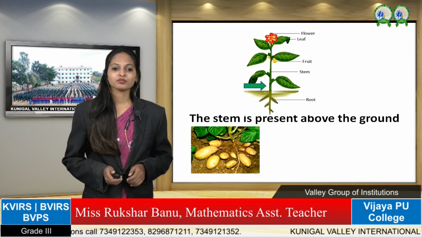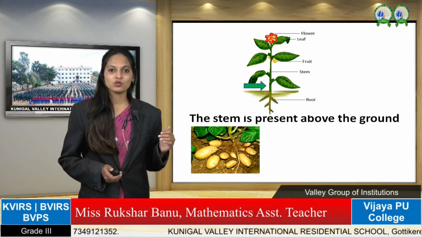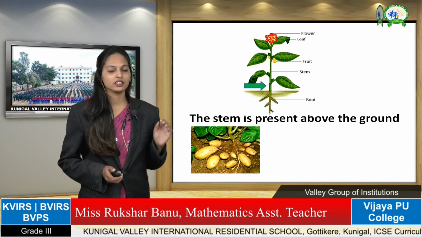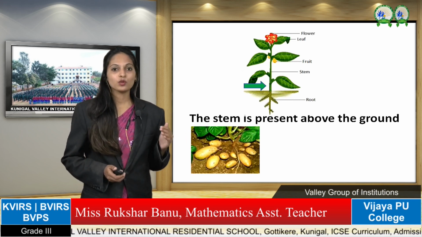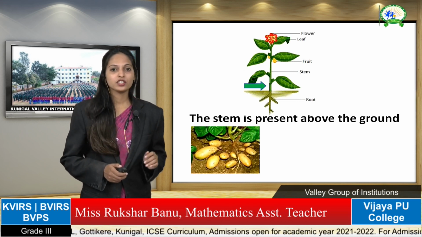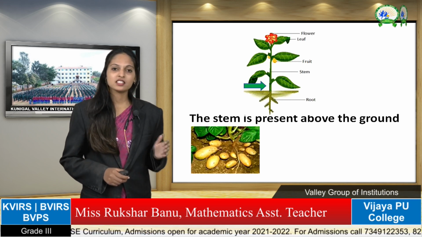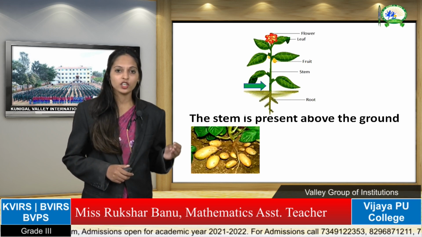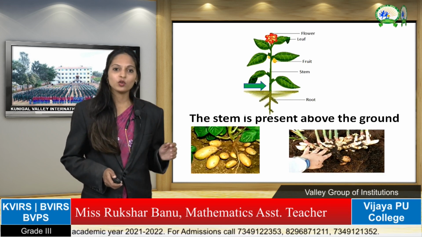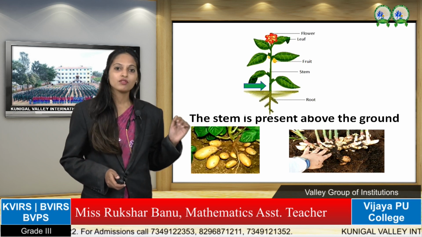Okay, so the part of the plant that grows above the soil, that is what? Yes, shoot. Already you know, in the shoot system the stem is also present. That is very important. Okay, it carries food made in the leaves to the other parts of the plant, and some stems like sugarcane, potato and ginger store food. Okay, so this is important. You can see here ginger and potato store food.